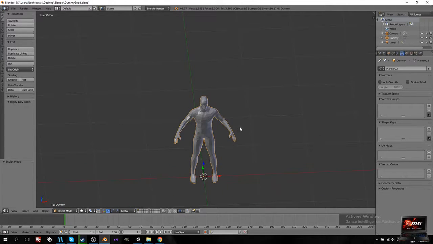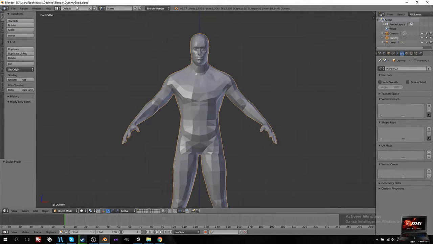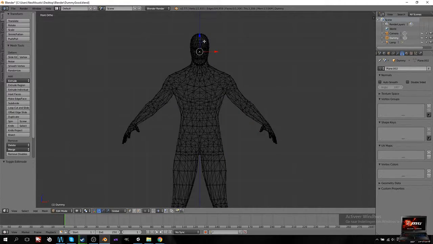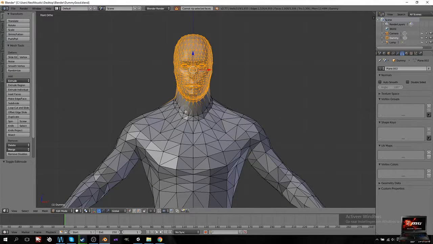So like I said, I was going to do two tutorials and I've got my base model set up for that. I'm going to use this one. Instead of dummy, I'm going to call him David from now on, because I'll be using David a lot in all my tutorials, especially when it's human kind tutorials. So first of all, someone asked me to make a tutorial on